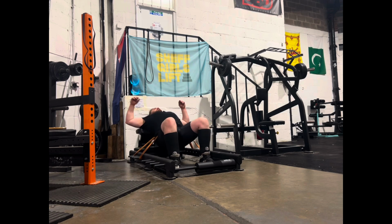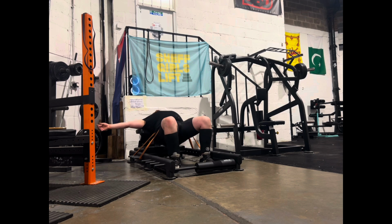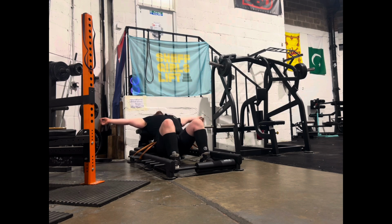Next, we've got some banded hip thrusts, really good for teaching you how to pull your hips through really effectively, because the bands are always trying to pull you back down to the ground. So yeah, really good exercise to put in if you have trouble whipping your hips through, whether that be for squats or for deadlifts,